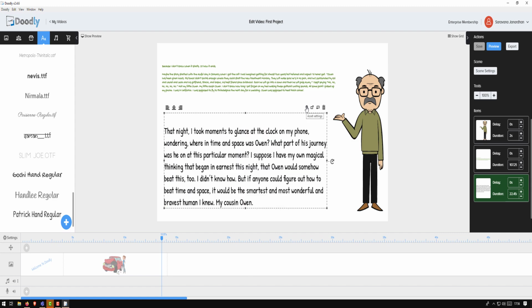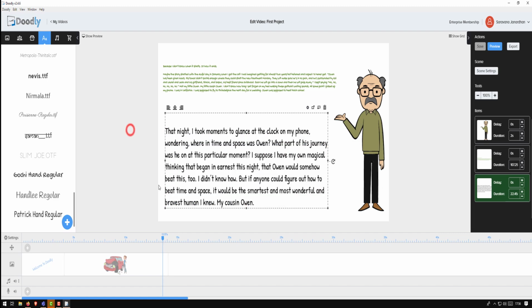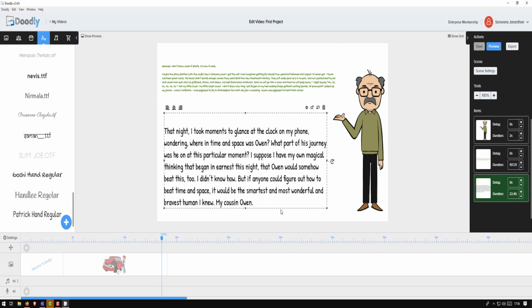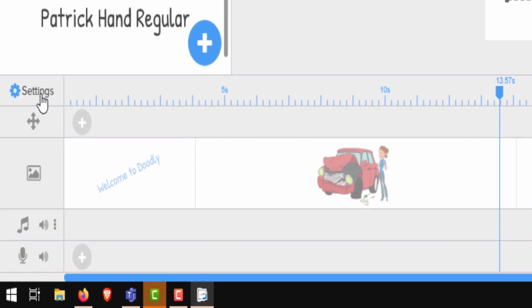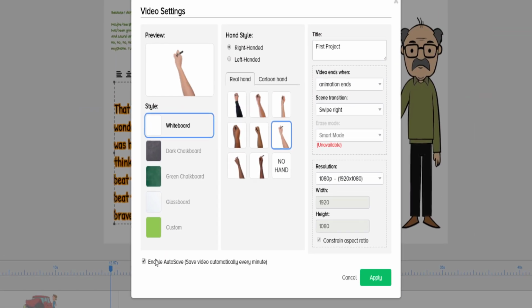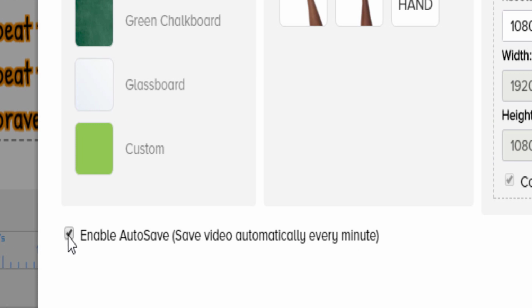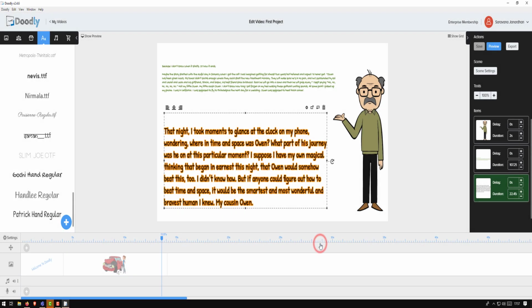I enabled word wrap. I don't know if you noticed, every minute a pop-up was coming and saying saving my project. That's because I enabled that option. It's always a good idea to save. What I did was, if you go to the settings, at the bottom there is an enable auto save. If you check this box, this Doodly software will automatically try to save your project every minute. Very handy. I strongly recommend